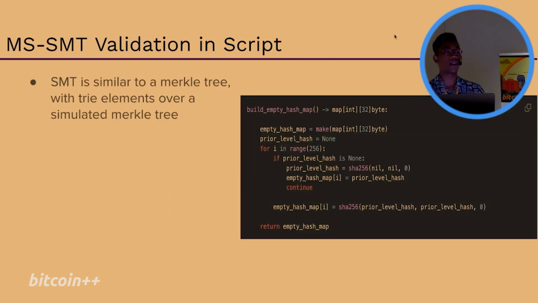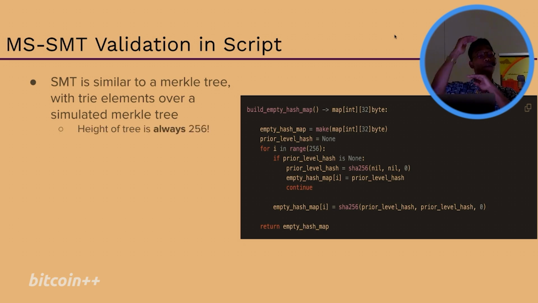But then, within Taproot Assets, we actually use something slightly different. We use something called a Merkle sum sparse Merkle tree, right? And a sparse Merkle tree is similar to Merkle trees. People know about it basically, and the difference between this and the other Merkle trees is that the height of it is always 256, right? It's always a fixed height tree, right? And you can say, okay, well, obviously that's massive. That's a bunch of hashes. There's no way it's going to fit in RAM or anything like that.